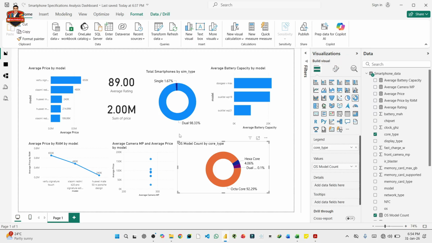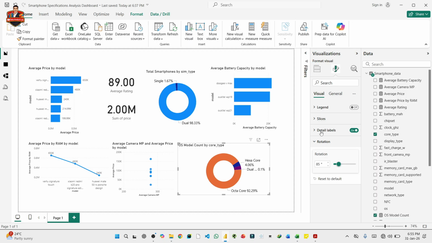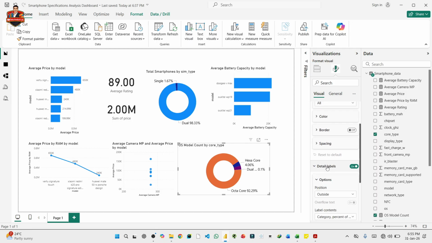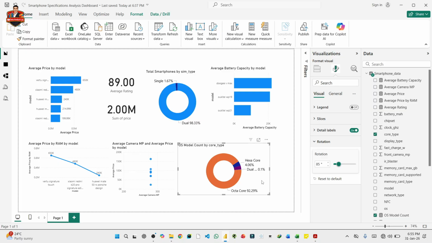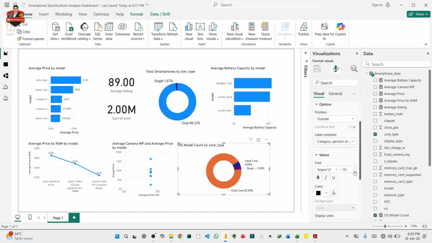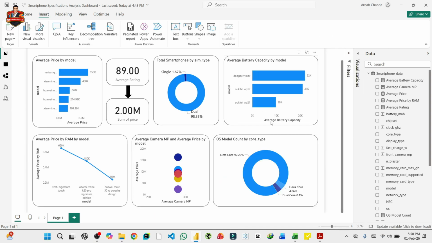It will be better looking. The value label is decreased a little bit. Okay. So here is the